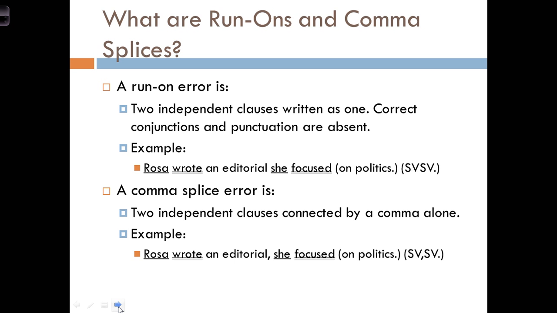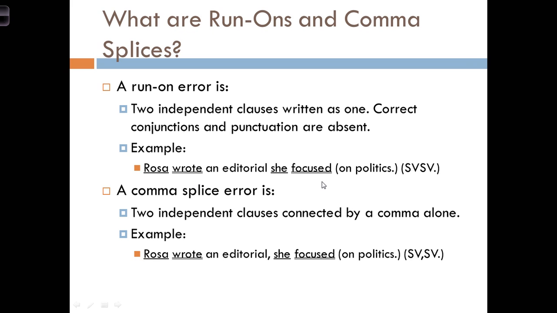So what are run-ons and comma splices? Well, they're errors. A run-on error is when we have two independent clauses written as one. So it's called a run-on because it just runs on and on. We've got two independent clauses stuck together without the correct punctuation or without conjunctions. So here's an example. Rosa wrote an editorial. She focused on politics. So notice we have subject, verb,